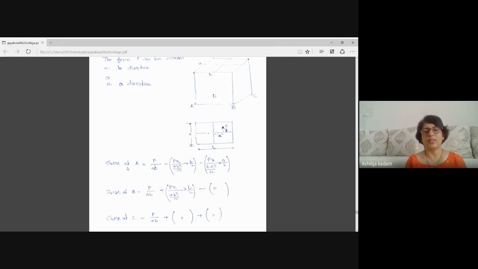By your common observation, you can see at point A, what will happen? The force P will give you compression, but moment in B direction will give tensile and moment in Y direction also will give tensile. So these two quantities are with negative sign,